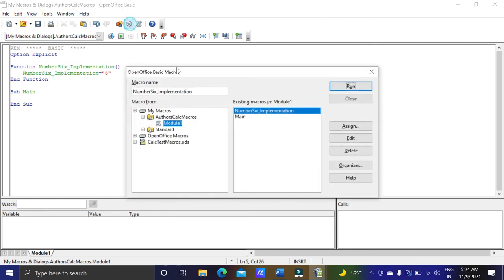I have selected the macro from here. Now you can see it is named number 6 implementation. Okay, now we have selected it. Select the standard library in the calc test macros. This is the standard library. Okay, and I will click on new.